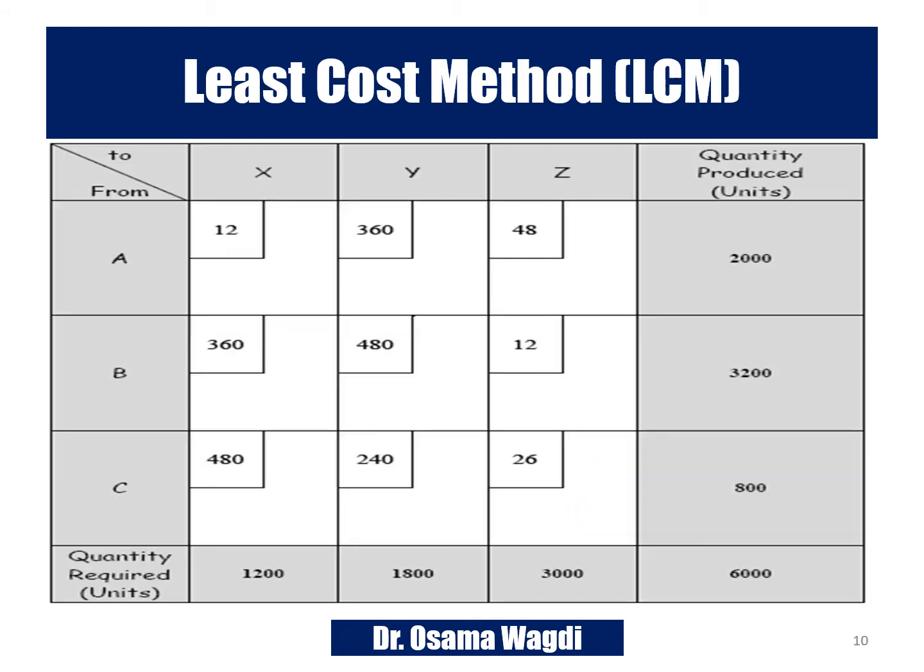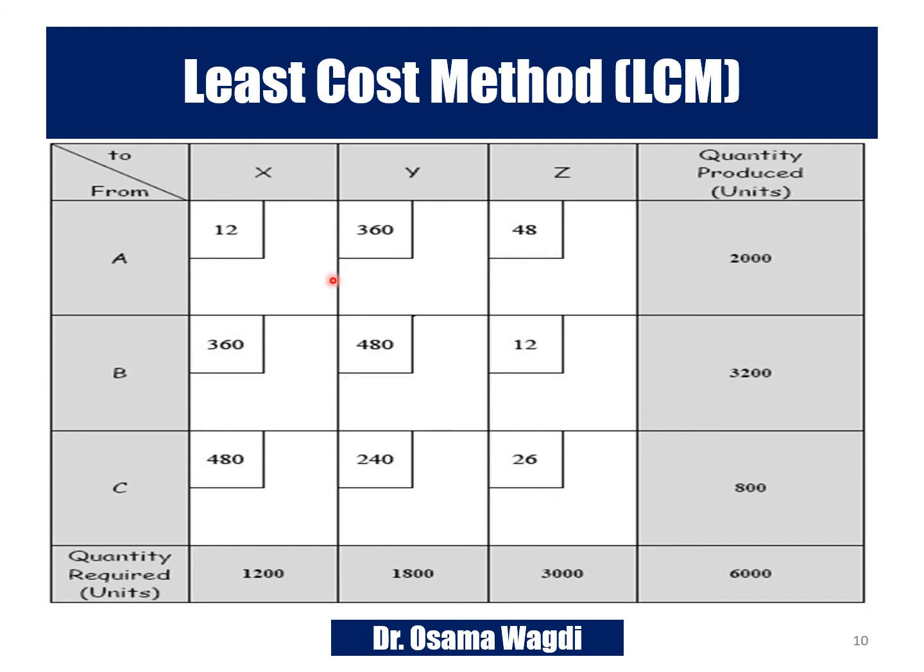What does this mean? Here's our table. This column is from, to: from factory A, B, and C to product X, Y, Z. This column is quantity produced in units, and that row is quantity required, also in units. Okay, and these numbers are cost in dollars. But the only difference is that I put the cost in dollars, like for example 12, in a small square in the upper left of this cell, AX or AY or AZ. Okay,